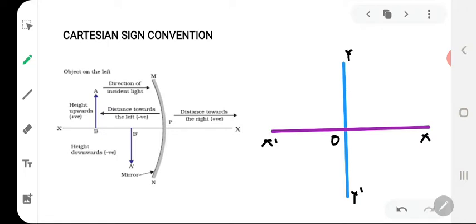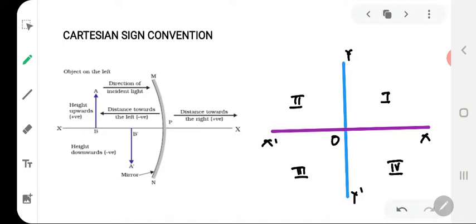Now the four parts into which this axis divides this space are called the four quadrants. This you are quite aware of from the concept of trigonometry. Now whatever values we are plotting in the first quadrant, they are positive both for x and y values. In the second quadrant, the values of x are negative while that of y are positive. In the third quadrant, both x and y are negative. In the fourth quadrant, x is positive while y is negative.